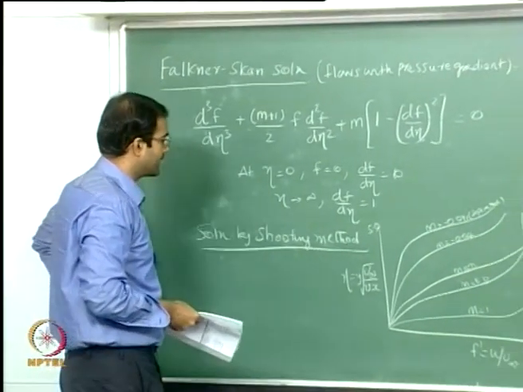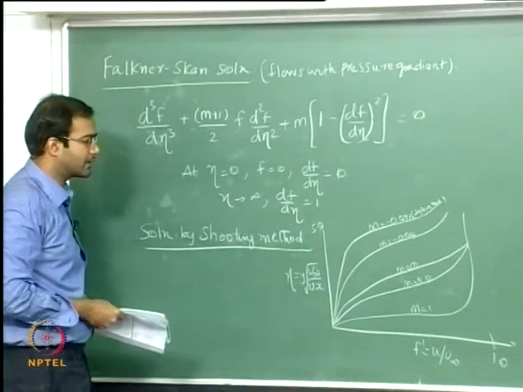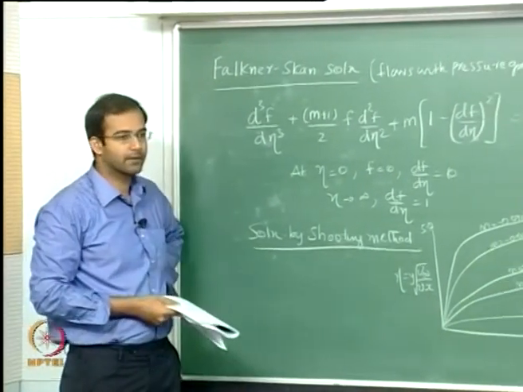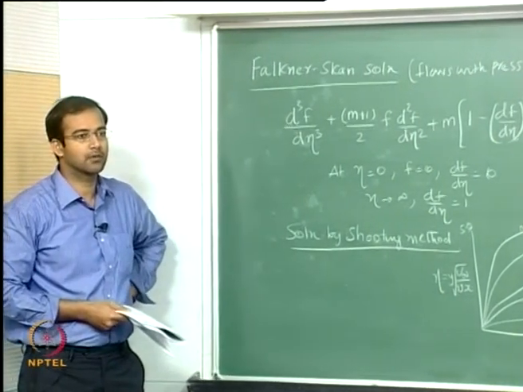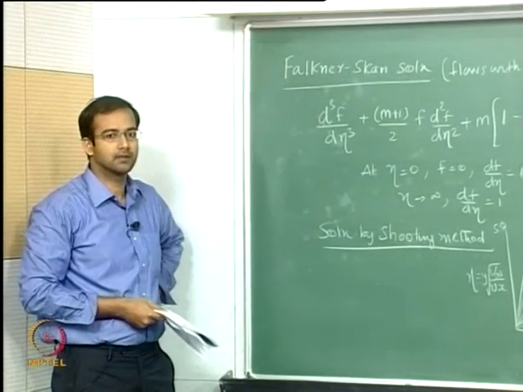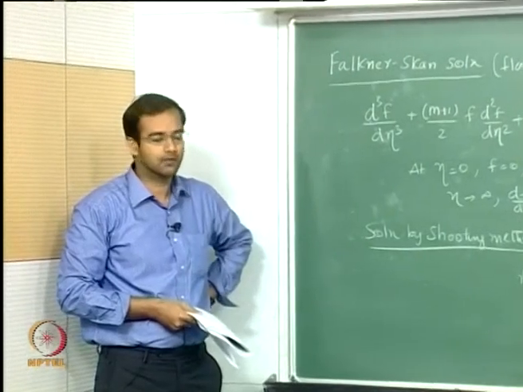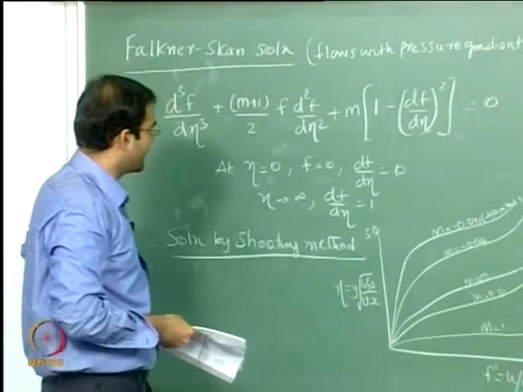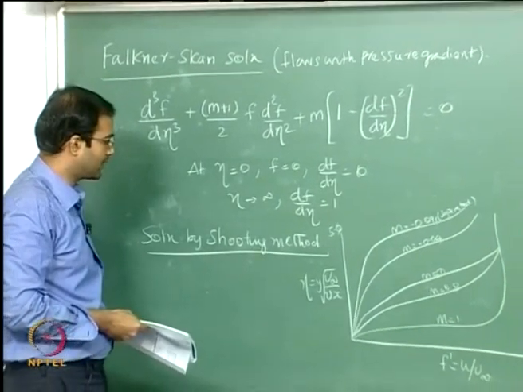Once again you have to use the shooting method to solve the ODE numerically. I have also given you the 3 first order ODEs to which it can be reduced, and the same boundary conditions like that of the Blasius equation. So once you solve this